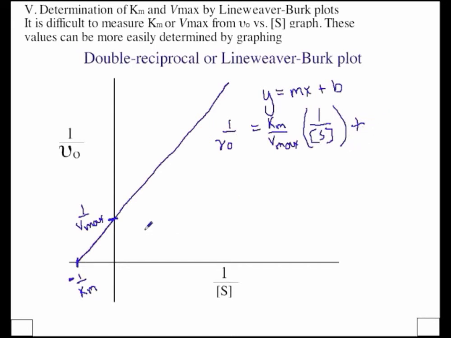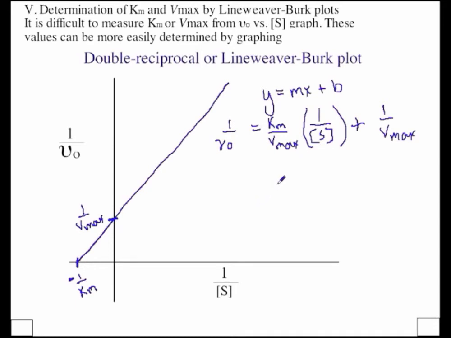Okay, so b we know to be the intercept, right? Awesome. So this is the equation of the line described by this function, and in fact it shows you right off the bat that if we know the equation of the line, we can calculate both Km and